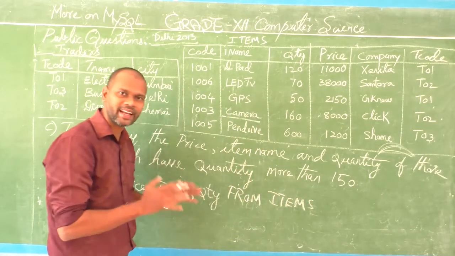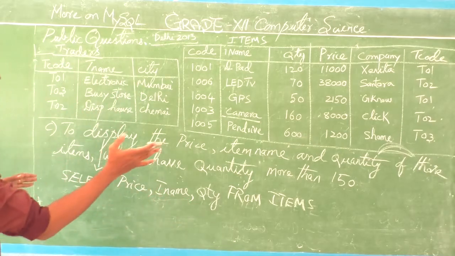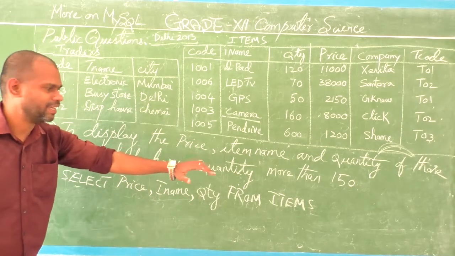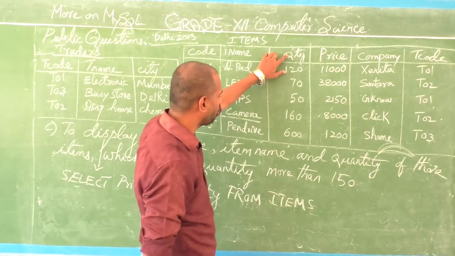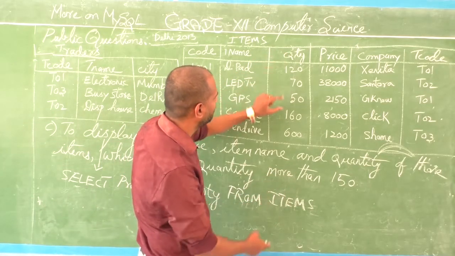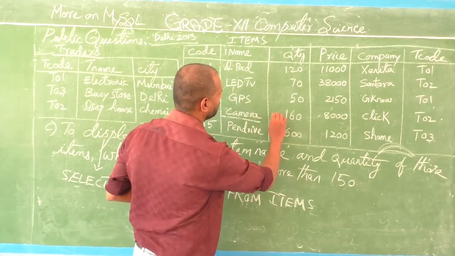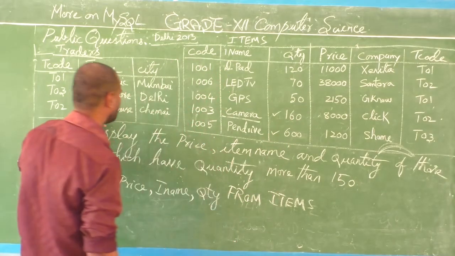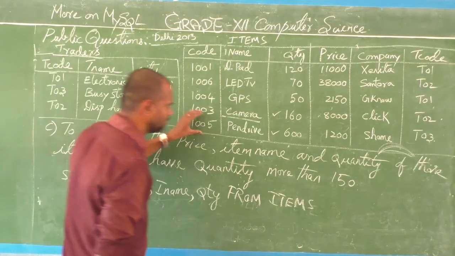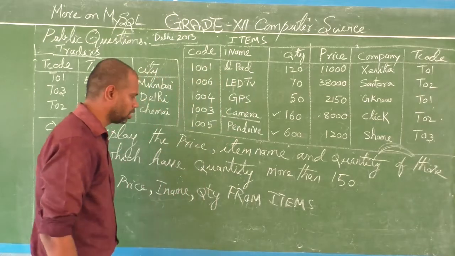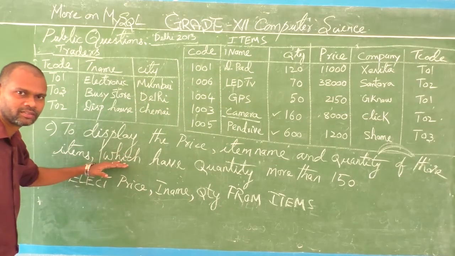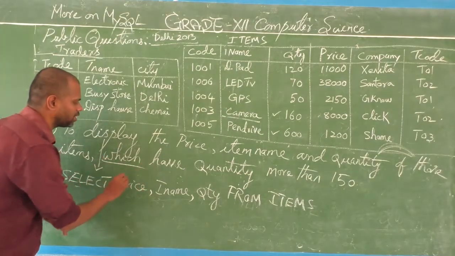Is there a condition? Yes. Which have quantity more than 150. The quantity should be more than 150. That's all. So these two lines only are selected. Am I right? So whenever you see a condition, for this you can write